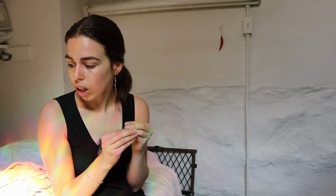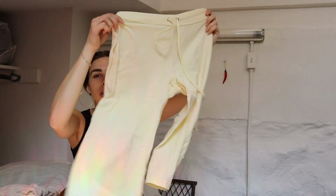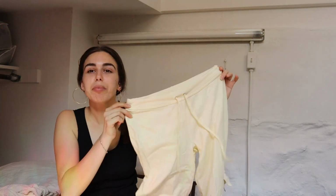So now let's start with bottoms, because whenever I think about an outfit, I always go bottom to top, because I feel like the bottoms really set the vibe for an outfit. So I got all the clothes that I want to have in the little capsule, so now we can just run through them. So starting with bottoms, I have these super comfy little yoga pant cargo capris